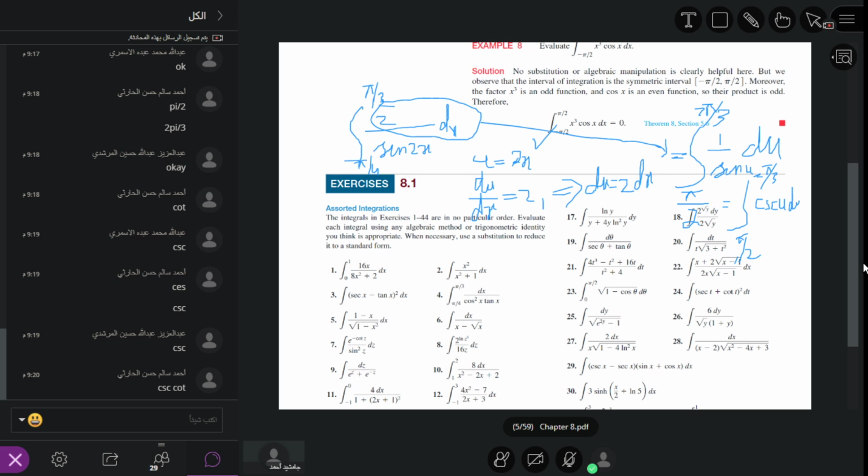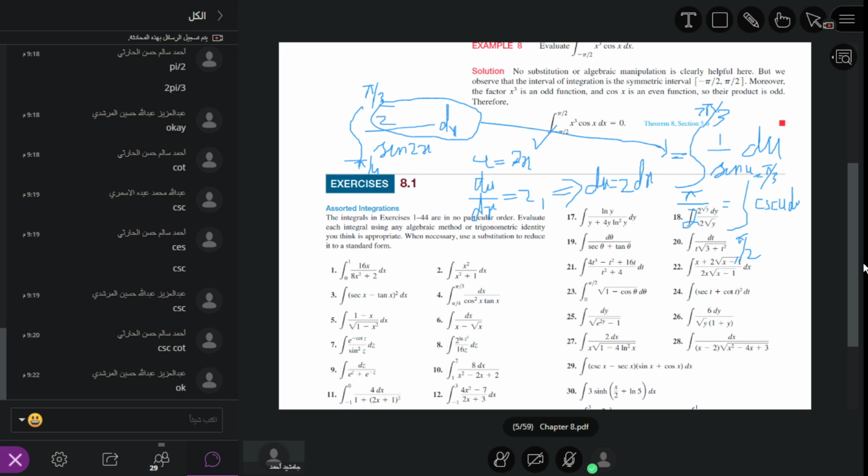No need to evaluate more, because if you do not have a calculator, we can do something else. I know that cosec of pi by 2 is equal to 1 over sine, which is equal to 1. Cotangent pi by 2 is equal to cos pi by 2 over sine pi by 2, 0 over 1, which is equal to 0. So it is log natural 1, which is equal to 0. All of this is equal to 0.